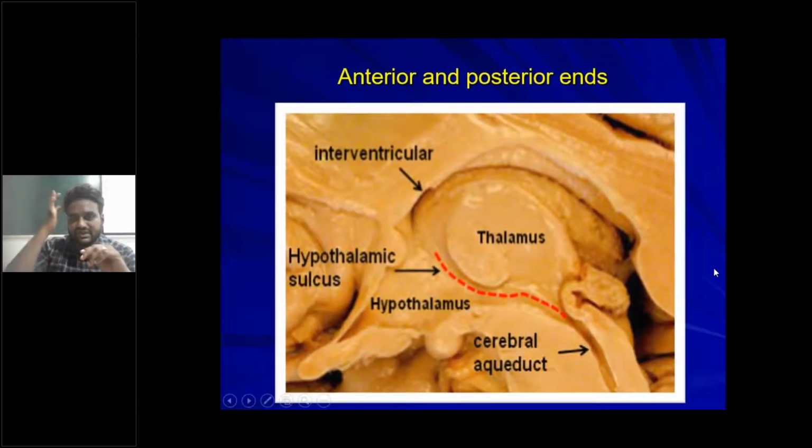In this picture, we can see the 2 ends of the thalamus. Okay. So you identify the thalamus here. This is the thalamus, this ovoid mass. This arrow is showing the anterior end of the thalamus. This is called the tubercle. And this arrow is showing the posterior end of the thalamus, and this one is called the pulvinar.